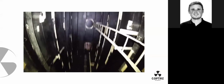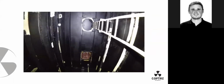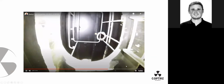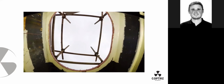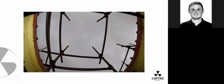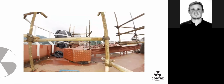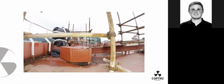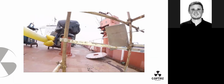So you can see we've covered some quite incredible distance with the drone, and it looks like we're now heading back. All of this footage is constantly recording, so as an operator, you don't have to worry about potentially picking something out. You can go back through the footage and then identify or investigate post that. But as you see, not a difficult thing to do at all. And that's gone from one side to the other. Yeah, one side to the other, and it will now fly all the way back